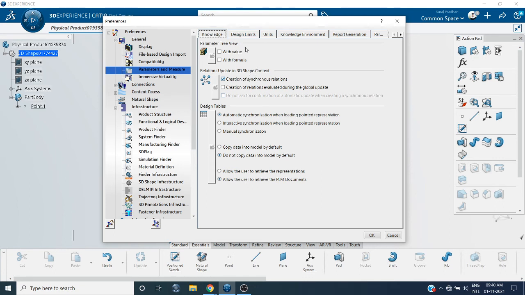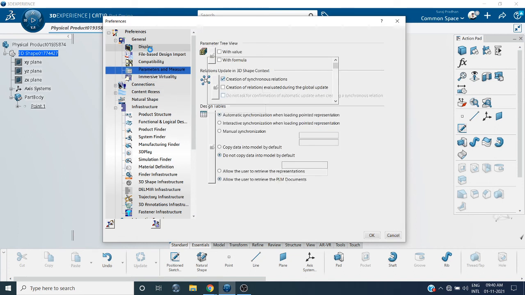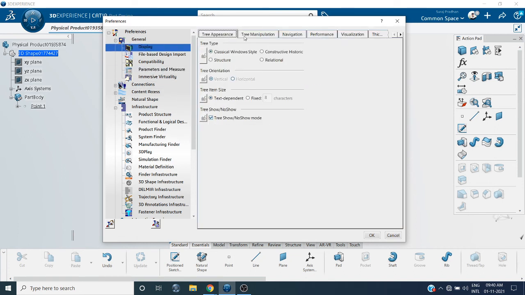Whenever you go to EKL, in some advanced course, at that time you will learn what to check, with value, with formula. Here you can set the display, tree manipulation, automatically scroll the activation during drag and drop, display geometry during tree scrolling, tree zoom after clicking any branch.